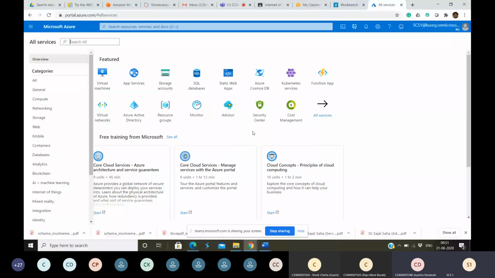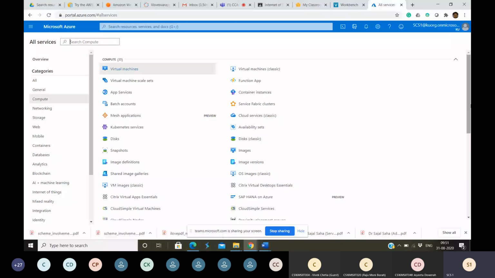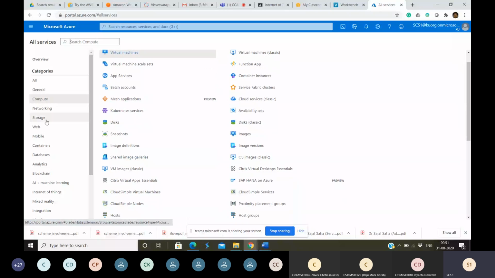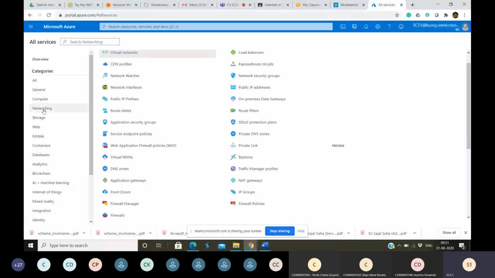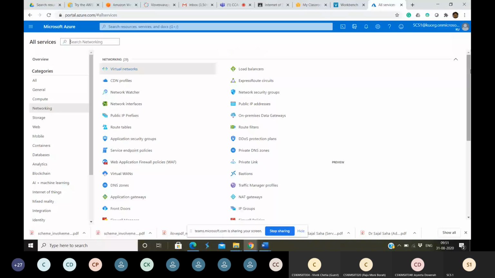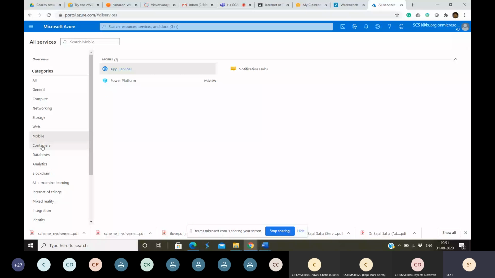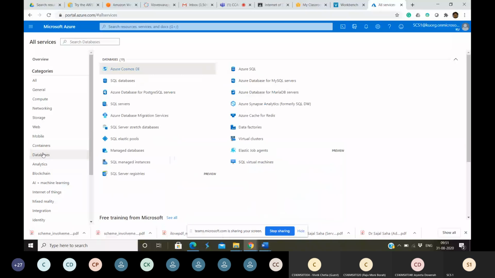Yes, sir. Now the thing is that it is not like only this much of services are available in Microsoft Azure. These are the popular services. If you want to go for compute services, they will show you what compute services they have. The entire compute service catalog is available. If you want networking services, the entire networking services are available over there. If you want storage services, they have their storage service, web application services, mobile application services, containers, databases, analytics, blockchain,